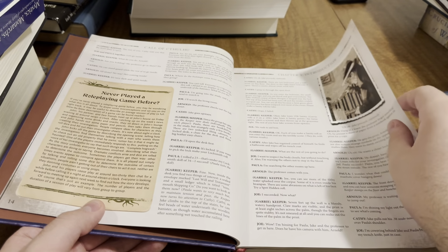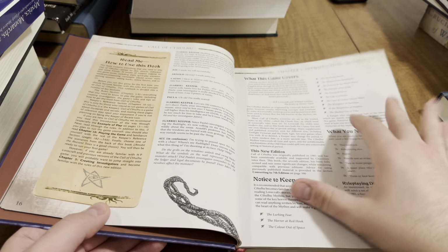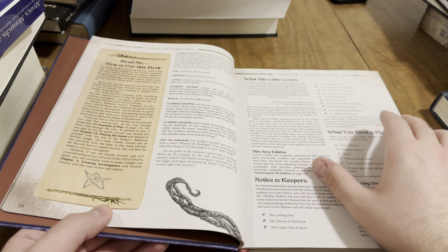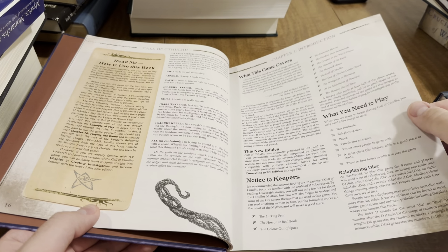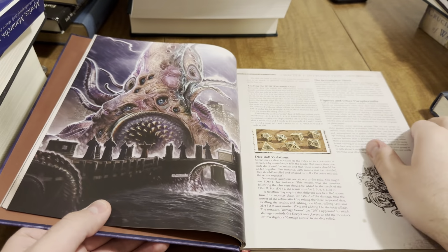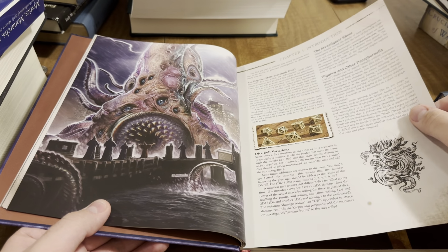So it's got a bunch of examples of play, which is really helpful because I've always had a hard time kind of getting role-playing games, mostly because I never had that many people to try them with over my life. But